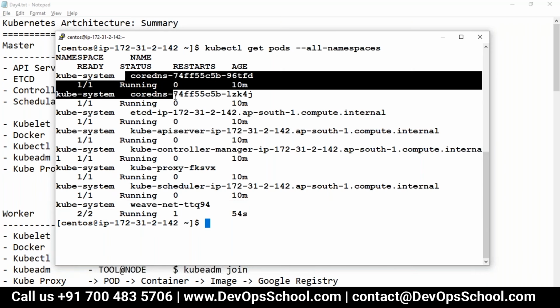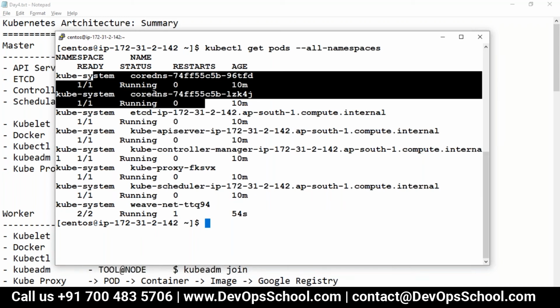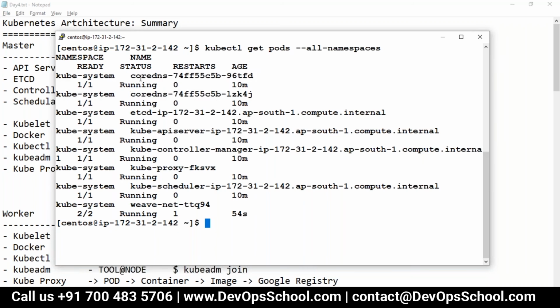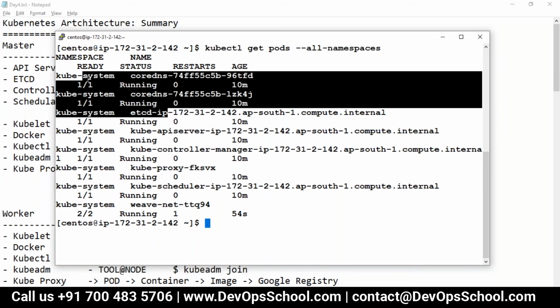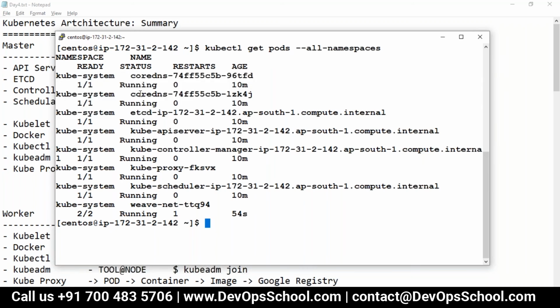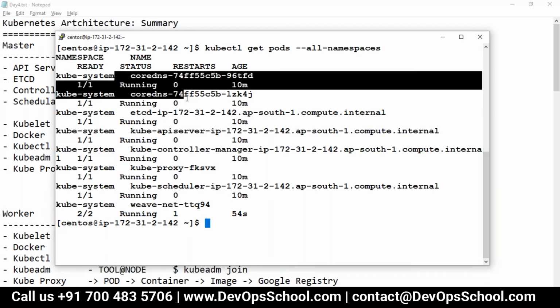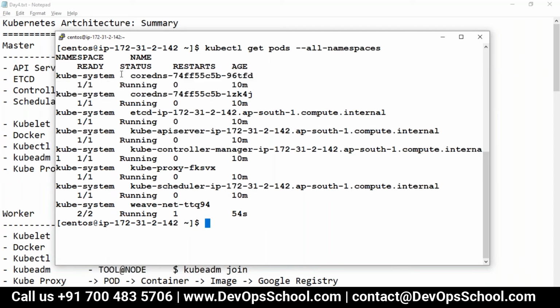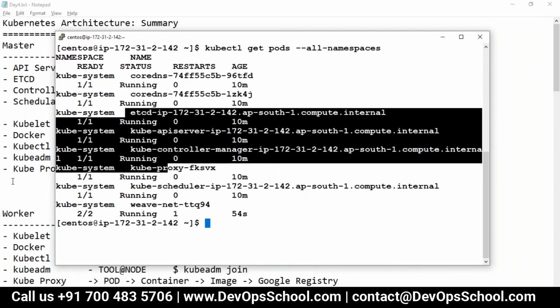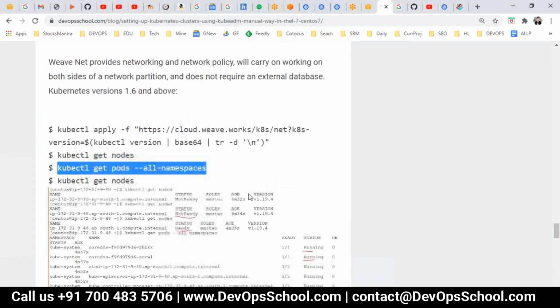Now this is your discovery add-on, actually DNS services. This is for discovery, which earlier we were using Kube DNS. Now we have migrated to CoreDNS. So these are discovery services. I will touch upon this in a limited way, but right now it's not a part of the topic. Okay, so these are the things.